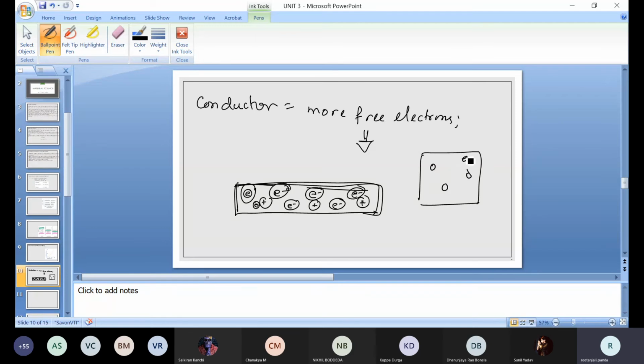So when this electron starts to move this way, what happens? It will go and strike this one, then it will strike this one, again it will strike this one. Like this, it will strike the other atoms, and then it is going to move in the forward direction. So it strikes this one, again it strikes this one. In this way, from this point to this point, that electron is